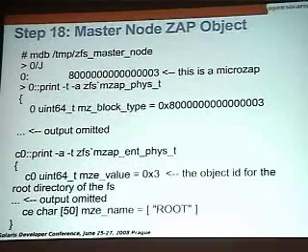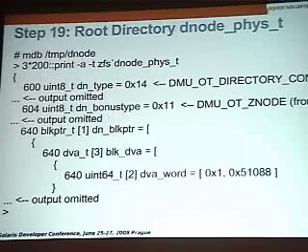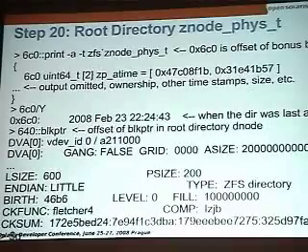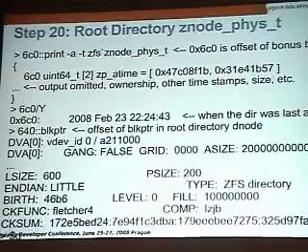I dump out the ZAP object and look for an entry whose name is root. This is object ID 3 in the second array of dnodes, the file system array of dnodes. So now I go to that object and dump it out, and this tells me I've got a bonus buffer which contains a znode. The type is directory contents, so the ZAP object will contain the directory contents. Now I dump out the znode so you can take a look at it,